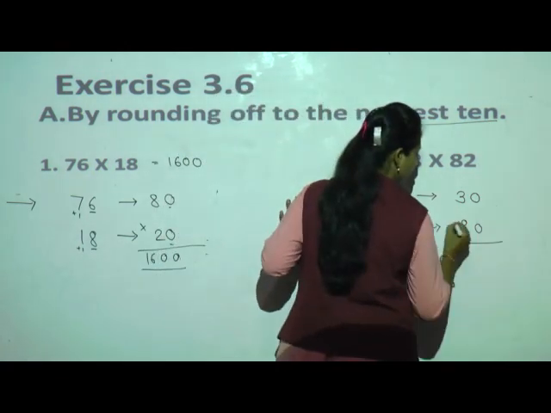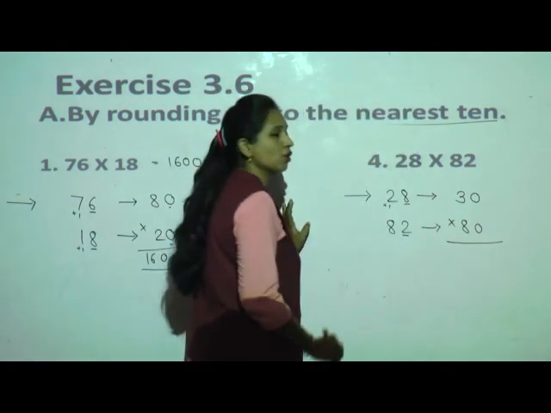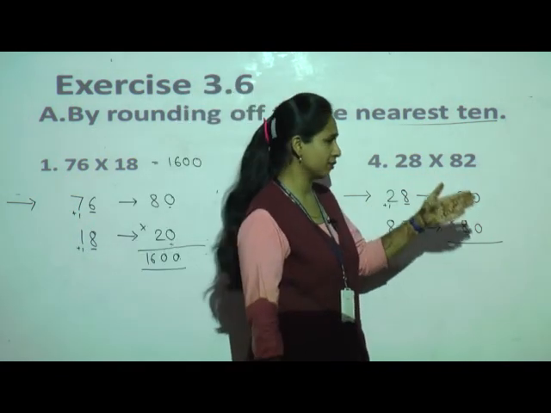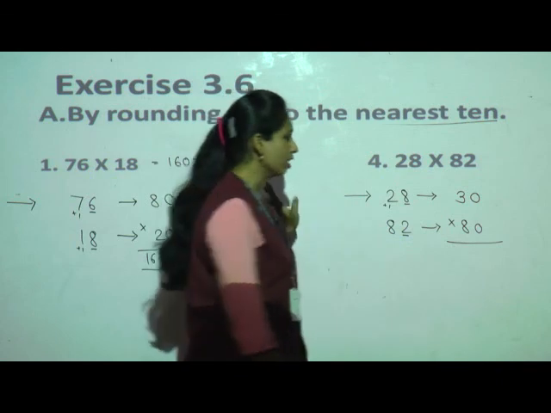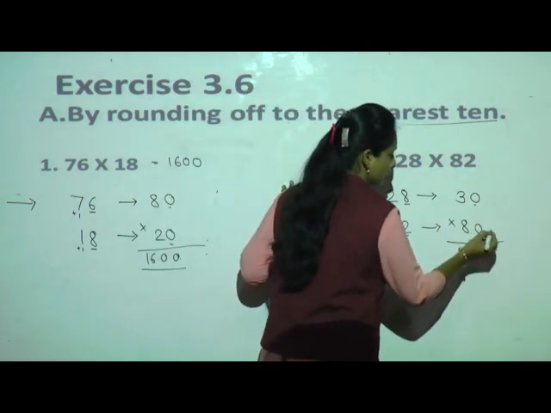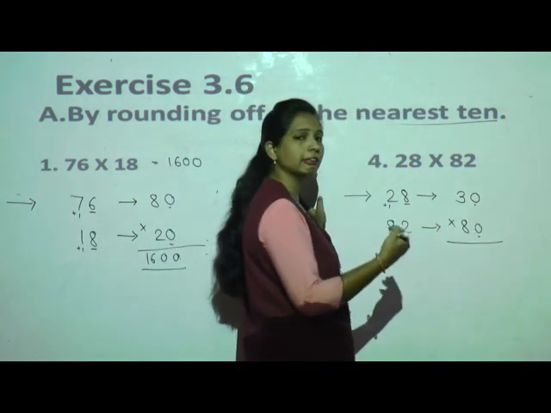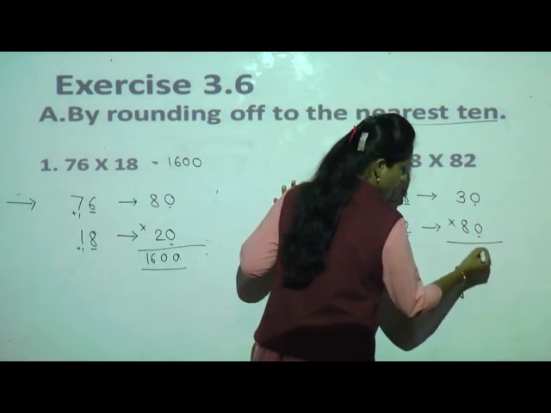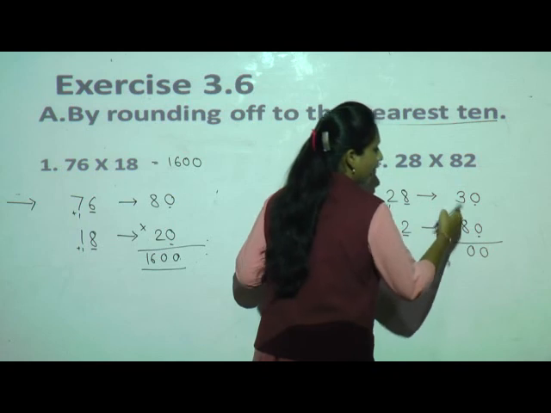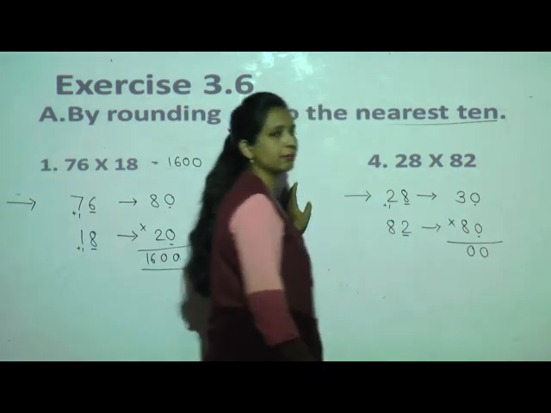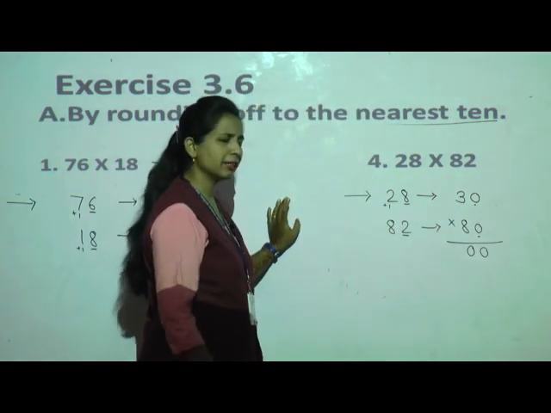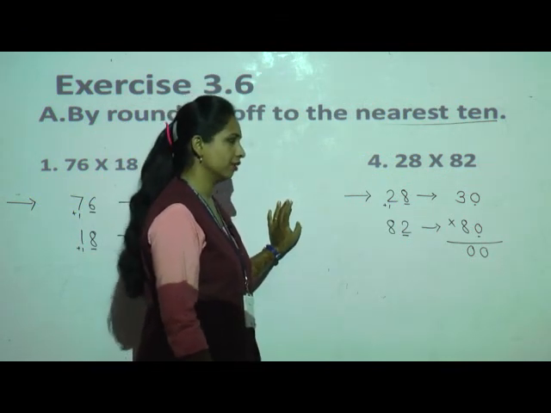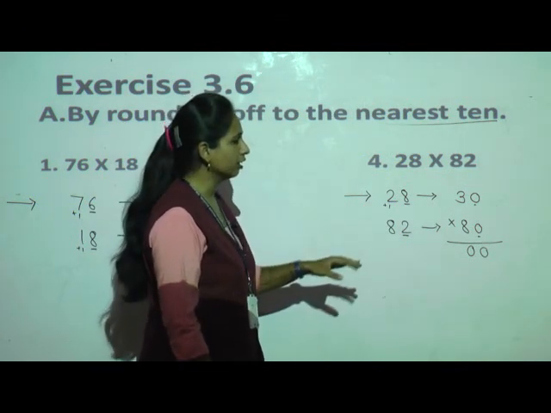Now we will do the multiplication of both the numbers. Whenever we are multiplying 10, 20, 30, 40 like that, what is our rule? Place the zeros as they are and multiply the remaining numbers. So 0 and 0, how many zeros are there? 2 zeros. So place 2 zeros, and what is remaining? 8 multiplied by 3, or 3 multiplied by 8, as you feel easy. Now I will go with the 8 table.